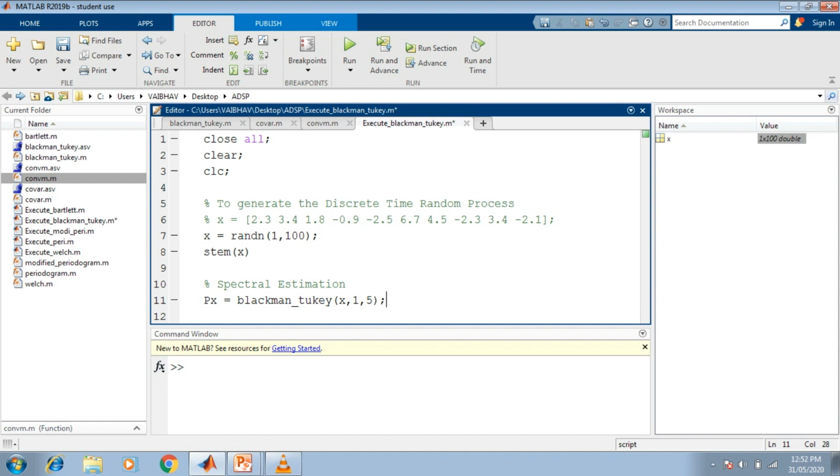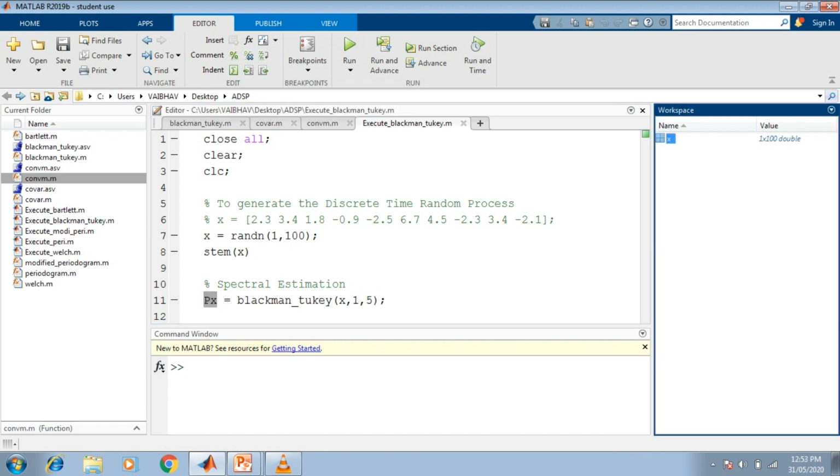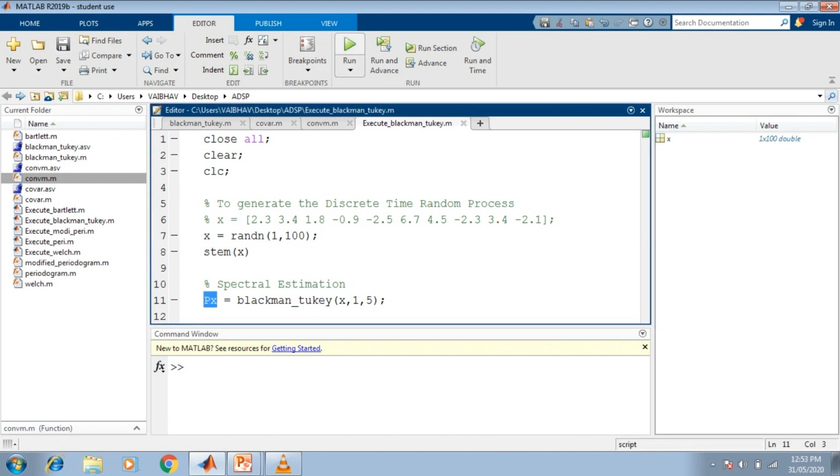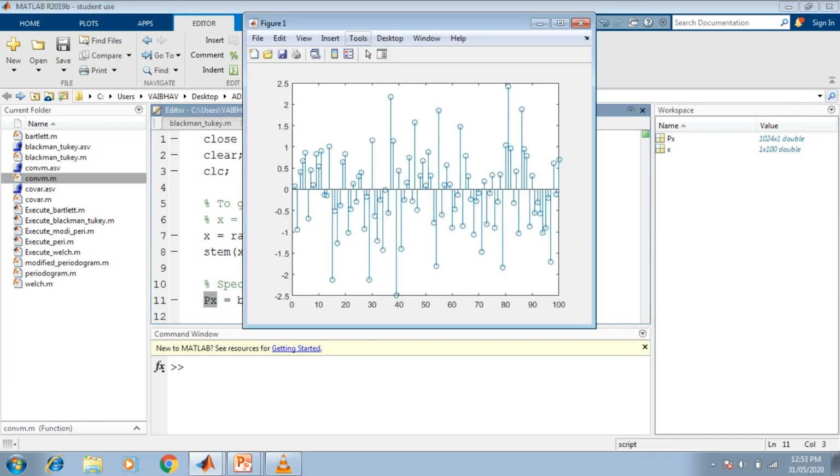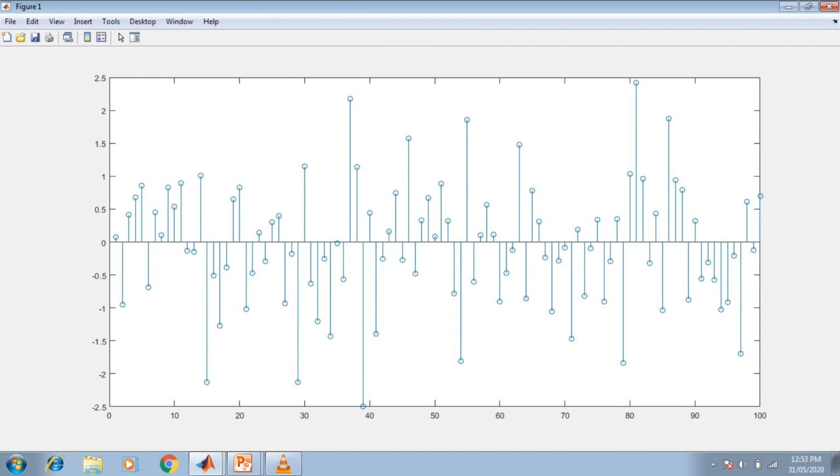We save the changes and we expect the variable px generated into the workspace along with this variable x as the input discrete time random process. So here we save and execute this program. You can see this is figure 1. This time with the help of this random function, these are the 0 to 100 samples we have for x with different amplitudes on the positive as well as the negative side.